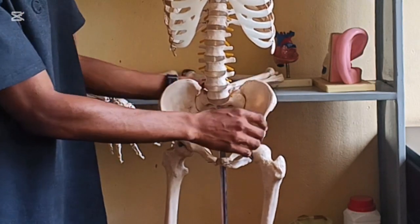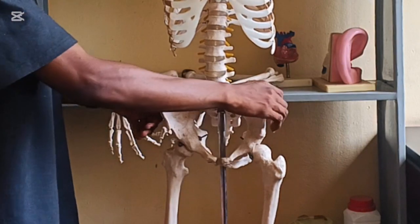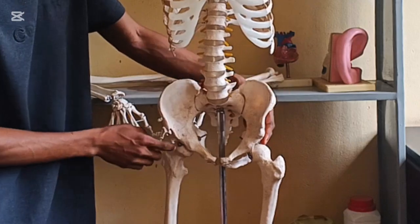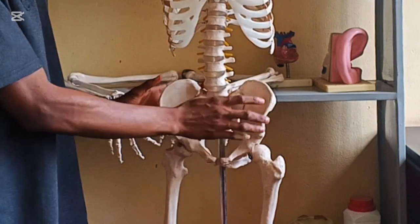So ilium, ischium, pubis, and you've heard of the pubic symphysis dividing the two. But I don't want to go into that now. This is the ilium, the ischium, and the pubis. All right, so that's that about the